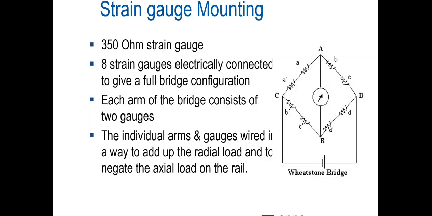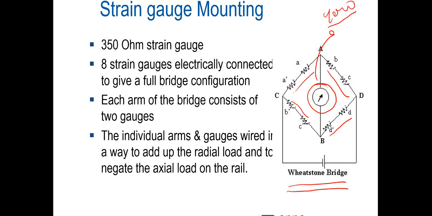Okay. So for those of you who are interested in the details, there is a concept called the Wheatstone bridge. Electrical engineers and electronic engineers would be very much aware of it. So the idea is that in a Wheatstone bridge, when these 4 resistances are balanced, then you don't get any reading here. You get a 0 reading here. But as the train moves, if these strains are not equal, then you get a deflection here.